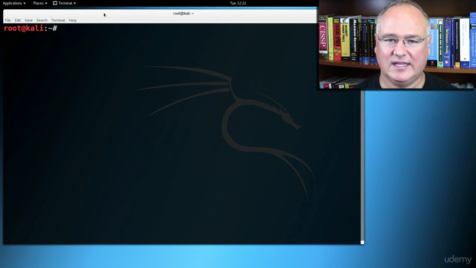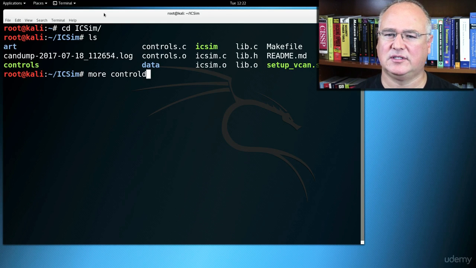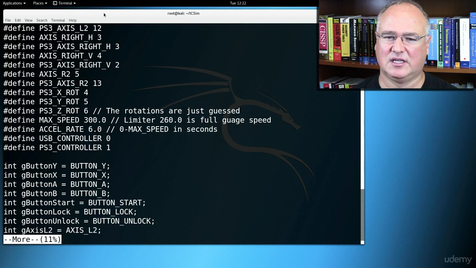And now that I've edited, if I go to cd ICSim, cd, capital I, tab, ls, if I more controls.c, and I just hit the space bar a couple of times, I can see my max speed is 300. I've correctly saved that. So I can hit Control C,